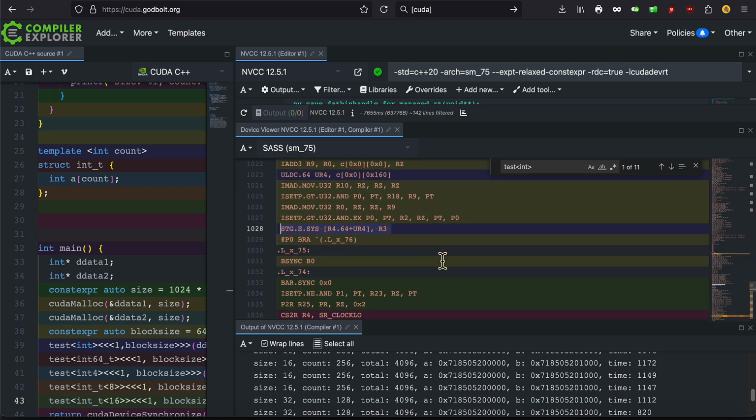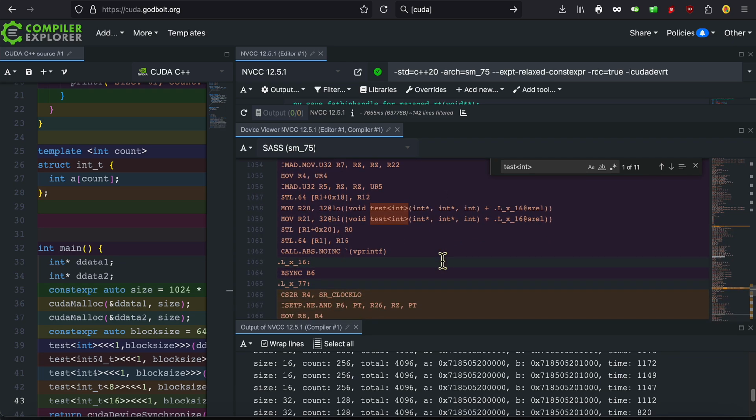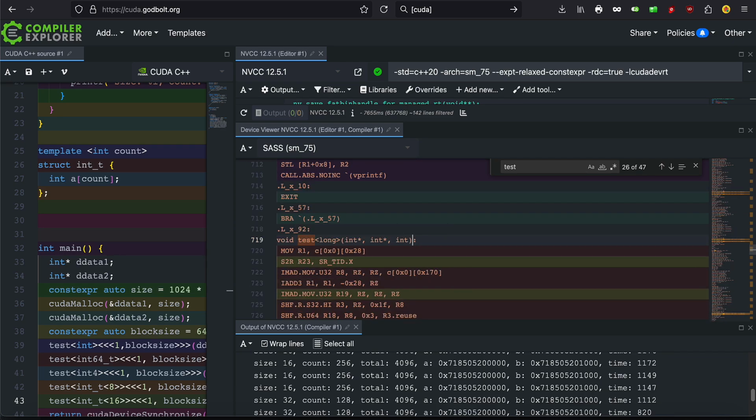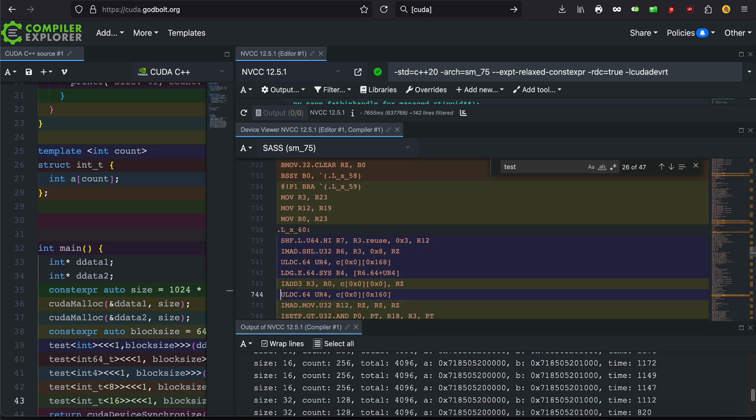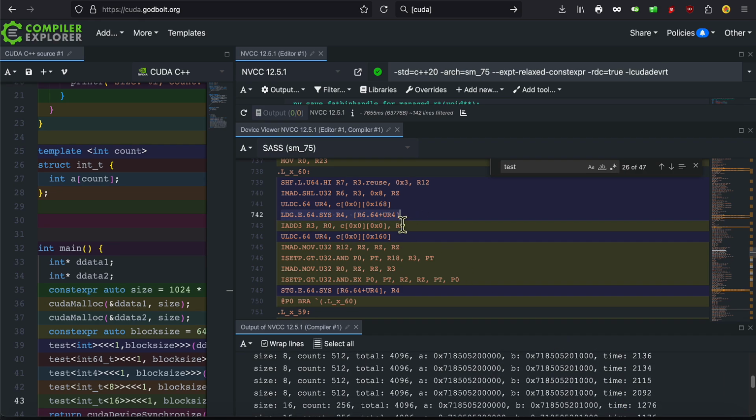Okay, let's have a look at the next function, the one that takes int64s. Here we are, int long. Now there you can see the load goes by 64 bits, a 64-bit load followed by a 64-bit store and some loop overhead. So here we halve the loop overhead and we double the size, which translates into, well, roughly half the time.